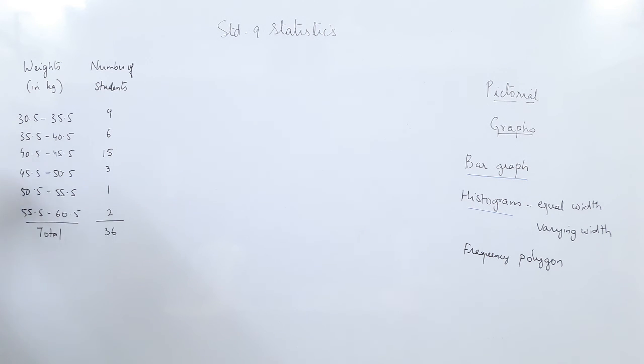Now I hope you remember the rule. If anybody has a weight of 35.5, you do not put it here. You put it over here. Remember that. If somebody has a weight of 50.5, 50.5 will come here. So these are the weights of the students. Now you can see this is numeric data which is continuous, and this is also numeric data which is the frequency. So now we will take the graph paper and draw not the bar graph but the histogram.